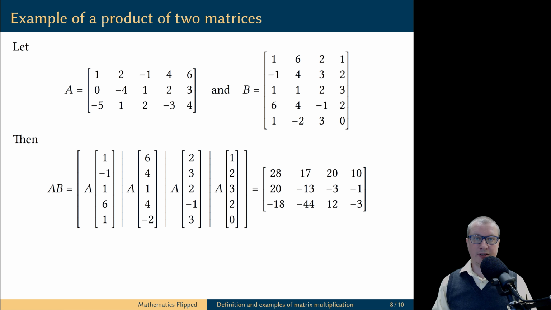I will illustrate this computation using a couple of sample entries in the product matrix. For example, let's look at the entry in position 3, 2 of the product matrix and let's understand how to get this value. This entry comes from the second column of the product matrix and therefore it is derived from the matrix vector product of the matrix A and the second column of the matrix B. But this matrix vector product is the linear combination of the columns of the matrix A with coefficients coming from the second column of the matrix B.